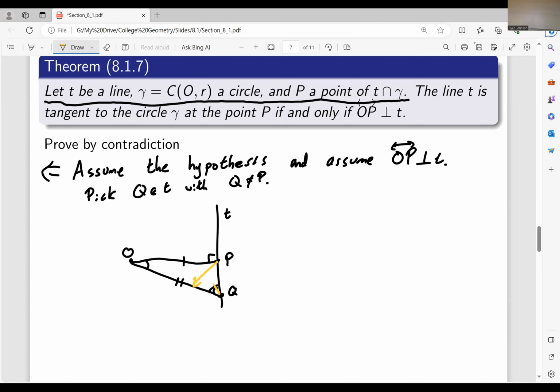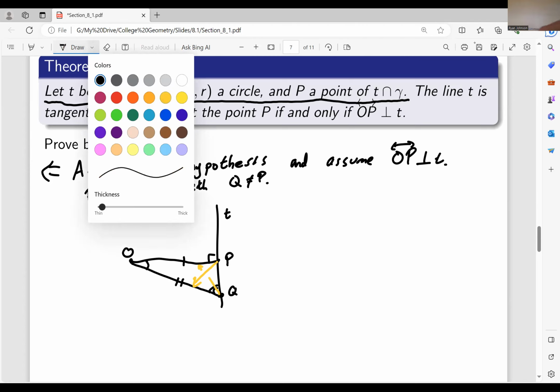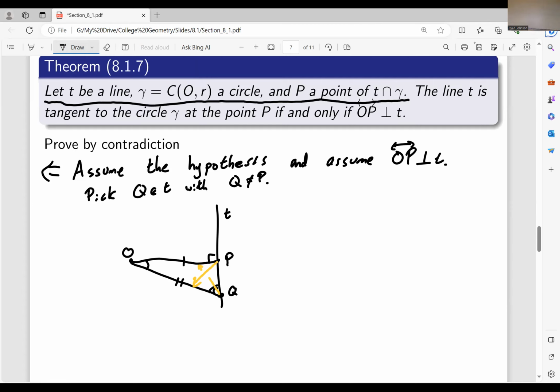This angle has to be smaller, and so OP must be smaller than OQ by the Scalene triangle theorem. So recall, by the Scalene triangle theorem, I hope I'm saying that right, by the Scalene triangle theorem, OP is less than OQ,